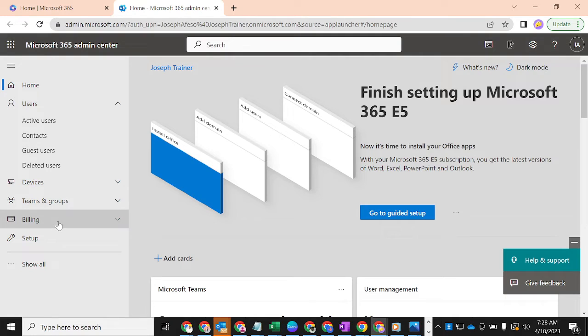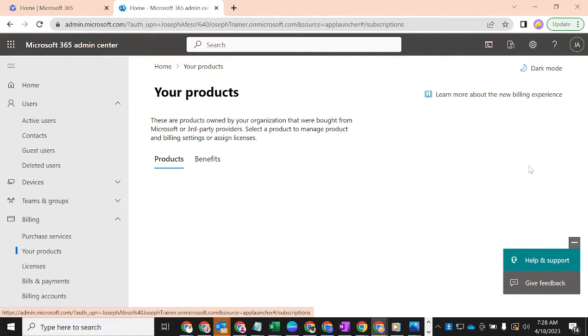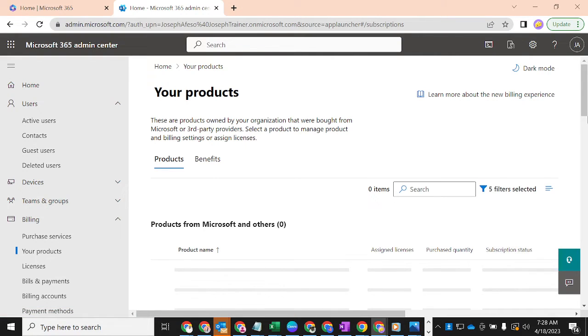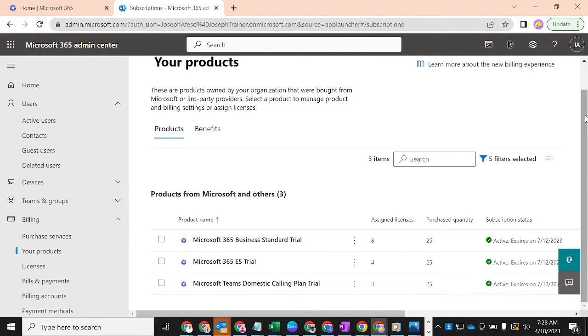Let's go to the licenses that are available on this tenant. Your product is where you go to know the license you have and the balances that you do have. Okay, so let me scroll down. Now I can see that I have Microsoft 365 Business Standard Trial, I have M365 E5 Trial, and I have domestic calling plan. The details are here. Of this one purchase 25, I've assigned 8 already and all of that. So my focus today is going to be on the applications that are contained in each of these licenses